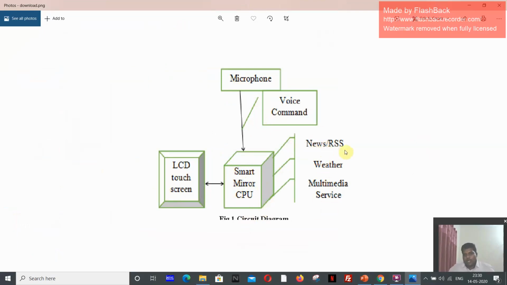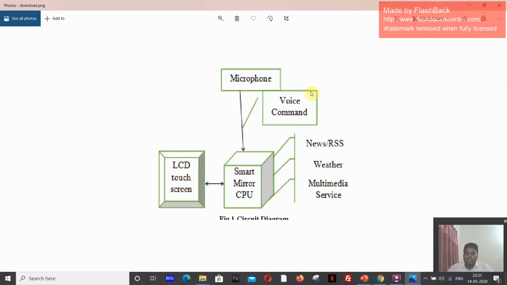Here I show news, RSS, weather, multimedia services, voice control, like microphone, voice command. The assistant will be given the voice command through the microphone. When the human being speaks, it should listen, and goes to the LCD touch screen, the LCD screen behind the mirror.